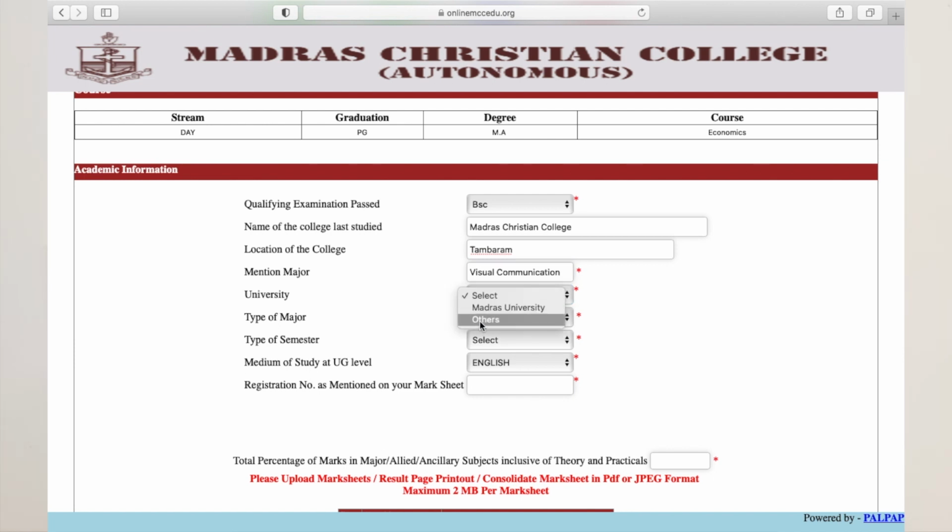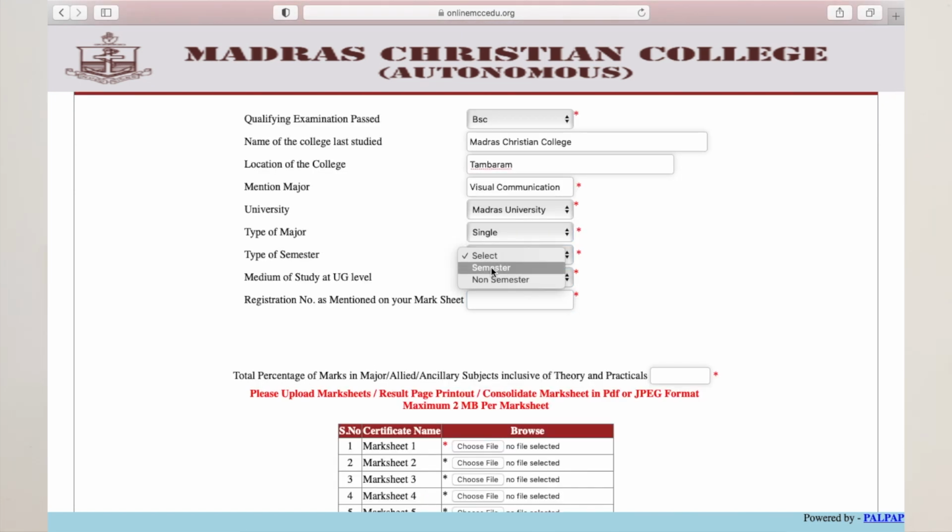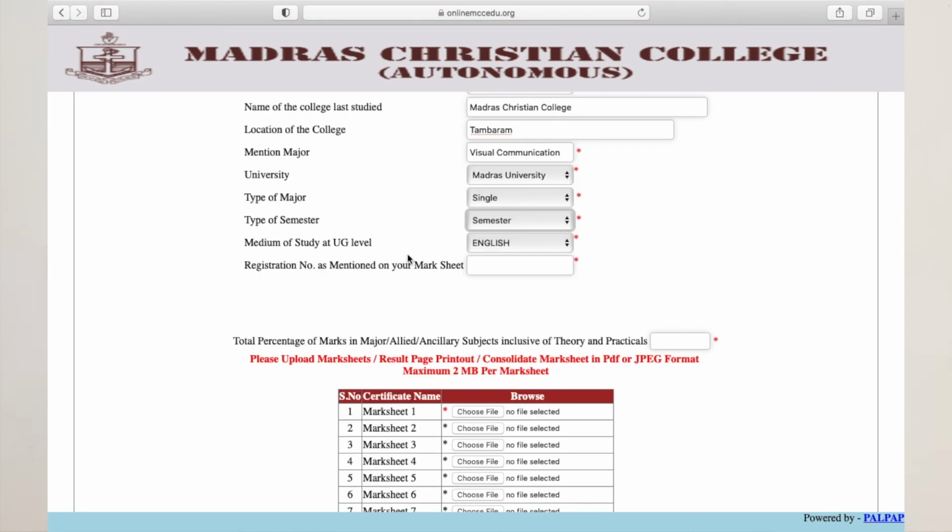Then your university, if it is affiliated to Madras University or any other university. Then your type of major, is it single major, double major or triple major. Then your type of semester, is it semester or non-semester. Then your medium of study at UG level, if it is English medium or Tamil medium or any other language.